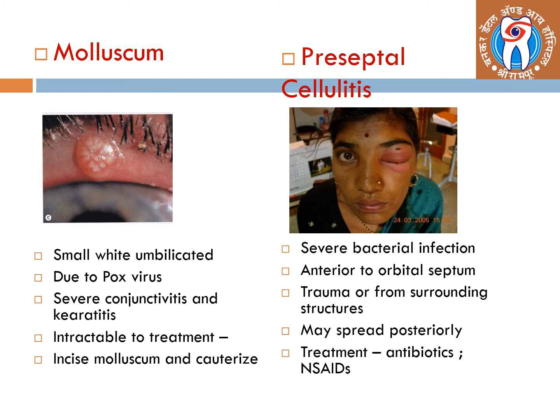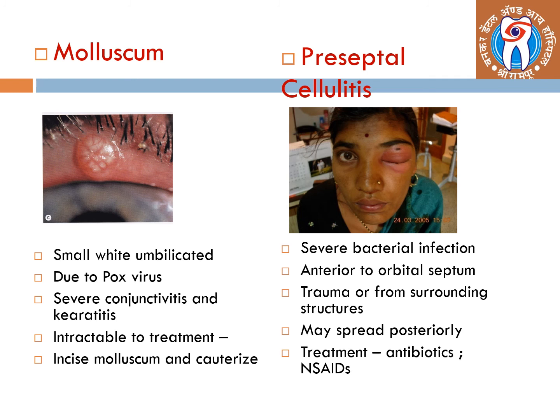Preseptal cellulitis is a bacterial infection of the eyelid anterior to the orbital septum. The cause may be trauma or spread of infection from the surrounding structures, and it is characterized by acute pain and swelling of the lid. The lids become edematous with signs of inflammation, redness, and raised temperature. It may spread backwards and affect vision, or intracranial spread can occur.